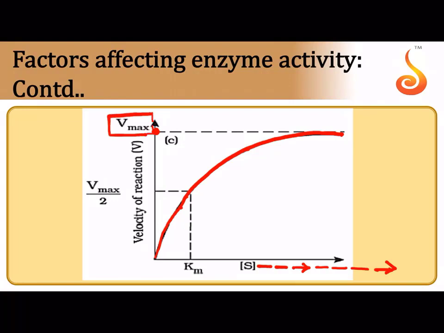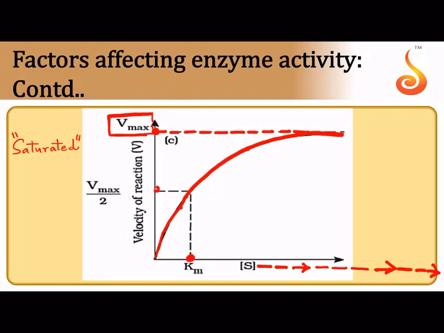Can you tell me why? Because the enzymes are constant in number. So if you keep increasing the substrate concentration, there are not enough enzymes to bind to the substrate. Or you can say all the available enzymes have become saturated. Saturated means they are already occupied with substrate. So enzymes are saturated, but you are simply increasing the substrate concentration. So therefore, the graph attains a stationary or a plateau stage,